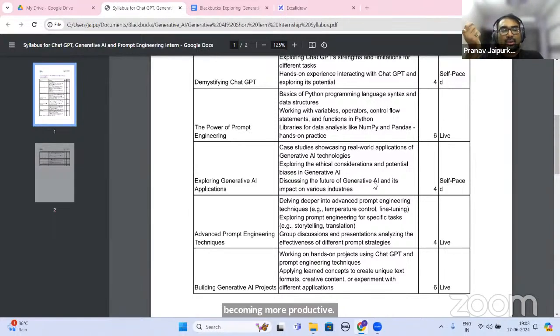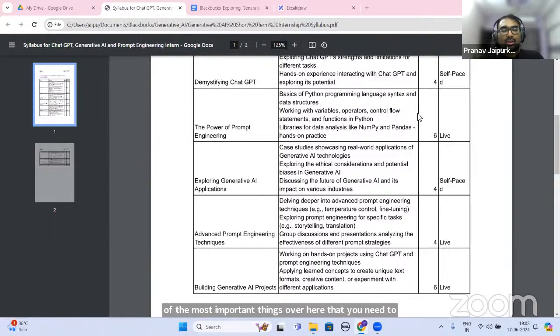So earlier, let's say that for one project, we needed one data scientist. Now, a single data scientist can handle two or three projects, which essentially reduces the demand. And obviously, if the demand is reducing, the jobs are also reducing. So jobs are reducing, but the reason is not that AI is doing the job. It's not like that. The thing is that AI is helping you to do your job more effectively, right? That is one of the most important things that you need to understand.